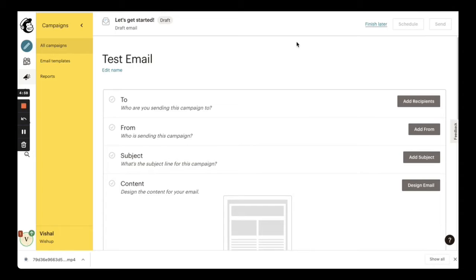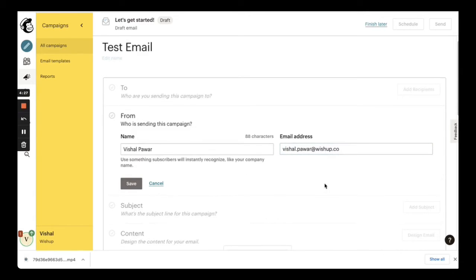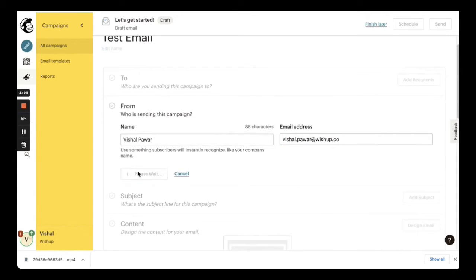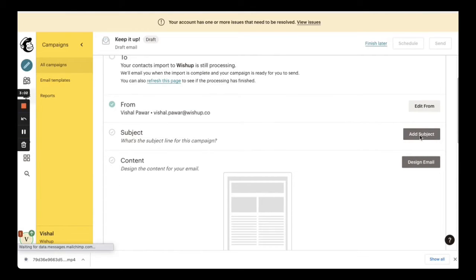Once you have uploaded your recipient list, now come to the second part. Save it, subject.